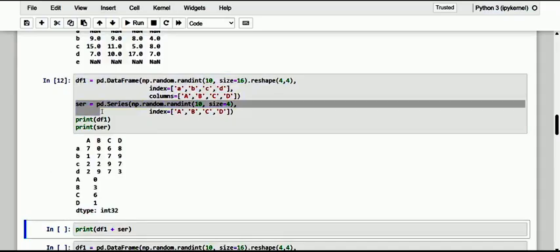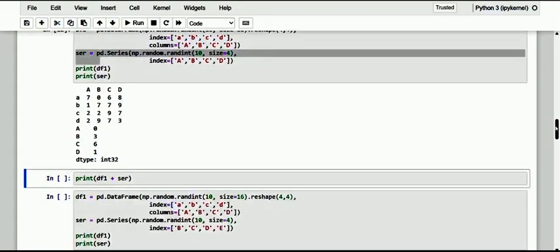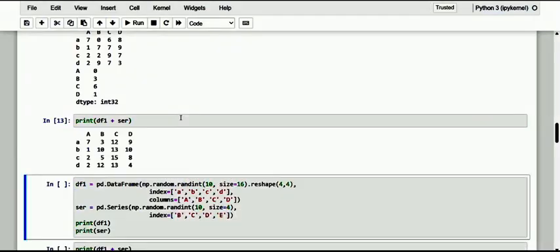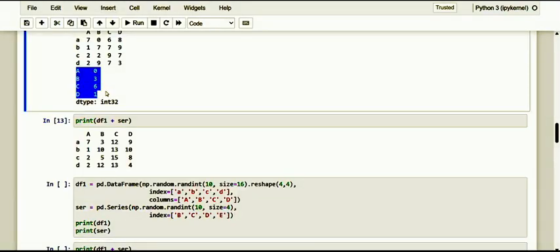Dear friends, kindly observe the operation between a data frame and a series. As we can see in the result, the four elements of the series are calculated for each row of the data frame.